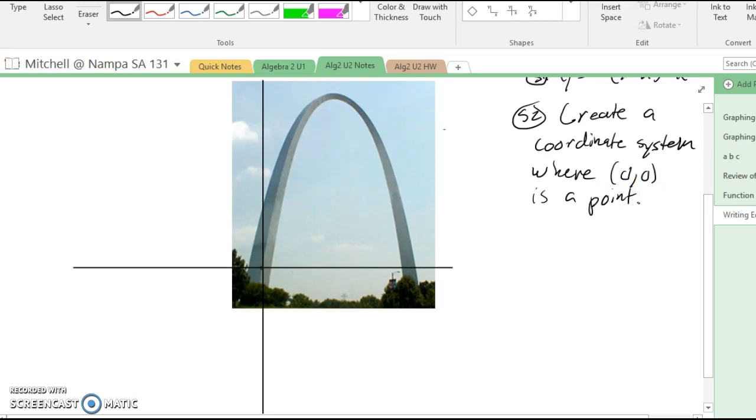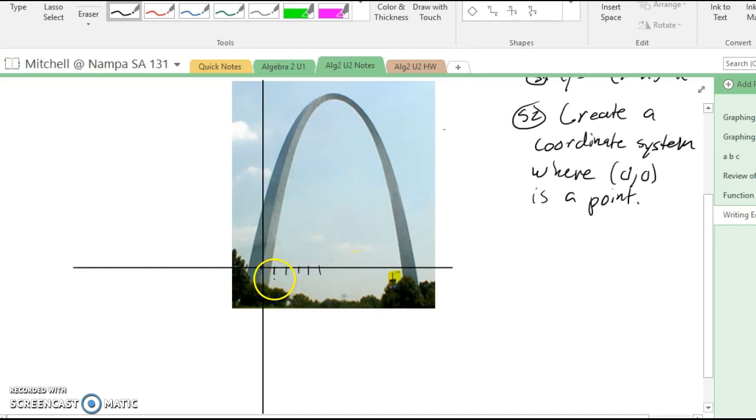Now in real life, we would actually just sit and measure this. And so estimate this. So notice right here, let's go ahead and get some yellow out here. Right here we have a little light, okay, and those lights are about 5 feet in real life. So what I'm going to do is put tick marks on here, and I am going to